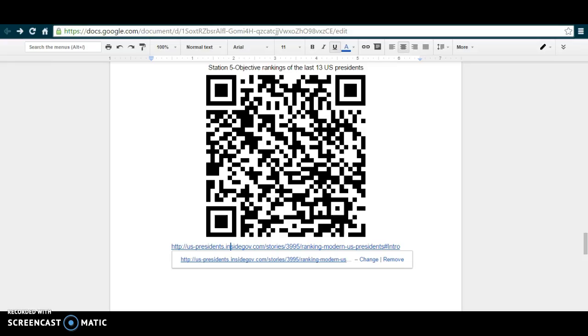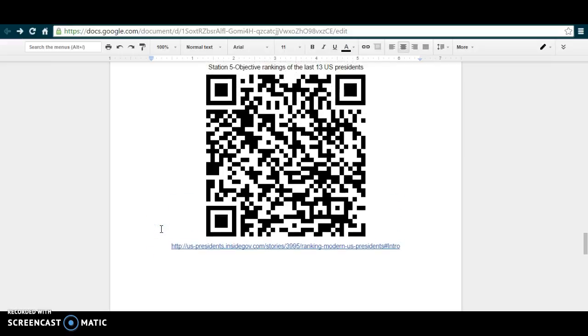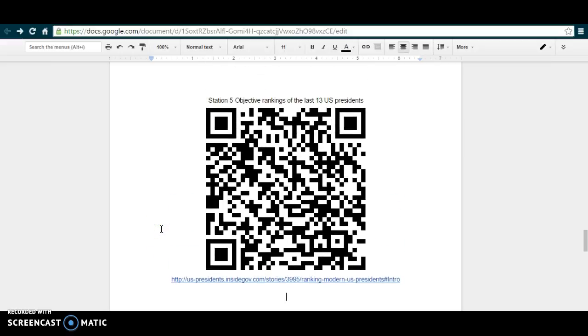But as we know, well, as we should know, any ranking of U.S. presidents can only be so objective. There's always a level of subjectivity within any one of these rankings. You can get on Google really quickly and search U.S. presidents ranked best to worst, or best U.S. president of all time, or even worst U.S. president of all time, and you'll come up with